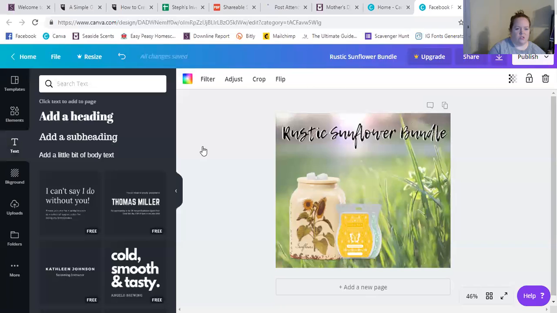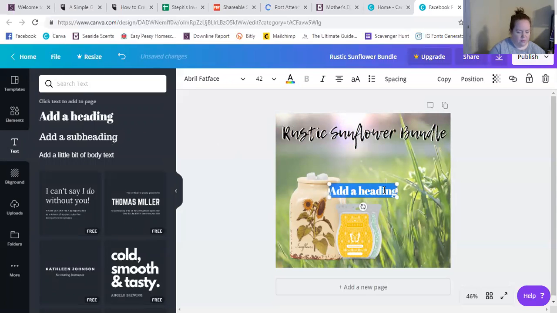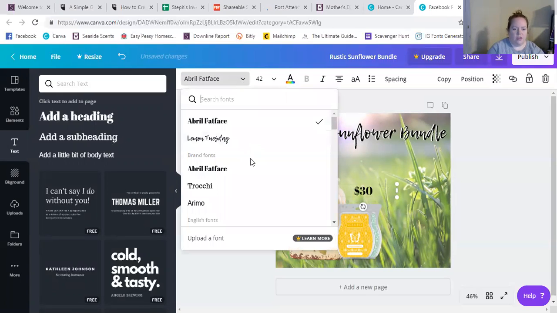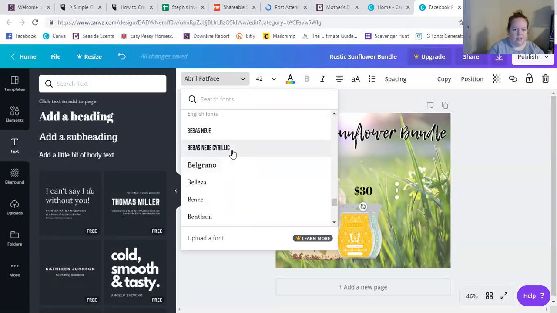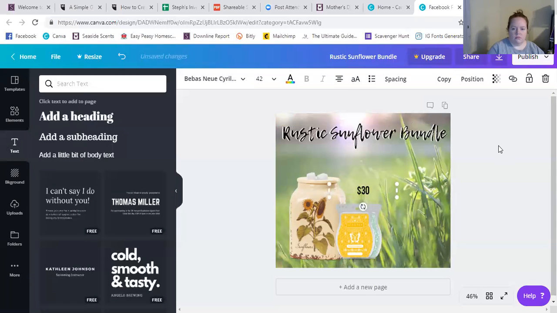So now I'm going to choose the smaller. I'm still going to change it. Choose this one. And my other fonts, let me go in here and find out. I never remember the name of it, but I know which one it is. It starts with the B. Here it is. Okay. And we're going to increase the size. Now I'm going to show you